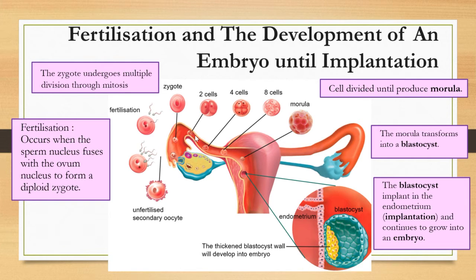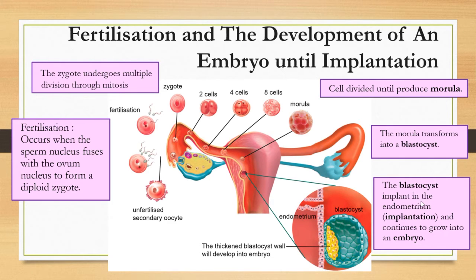This development takes place in the fallopian tube. And then what happens to the morula? The morula transforms into a blastocyst. This is the blastocyst. And then the blastocyst implants itself